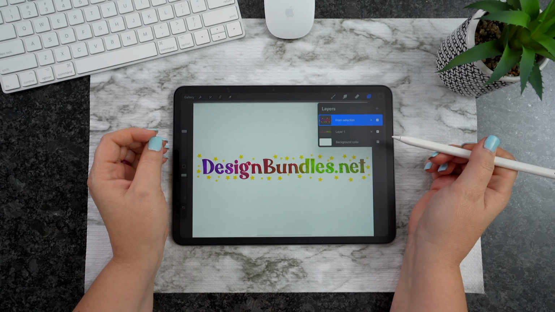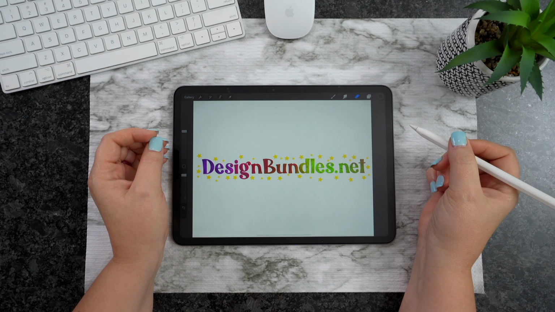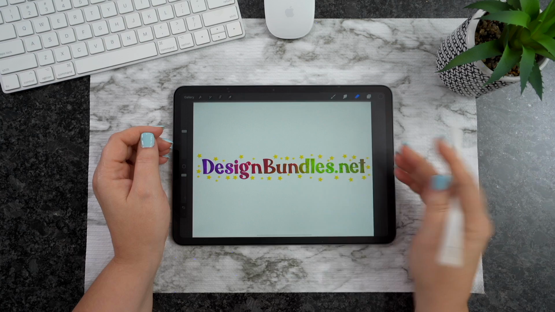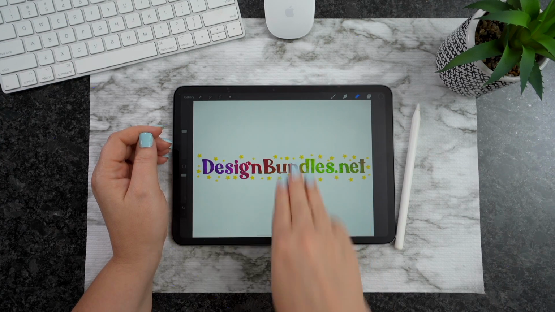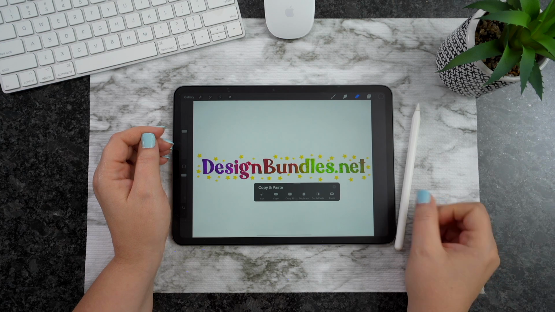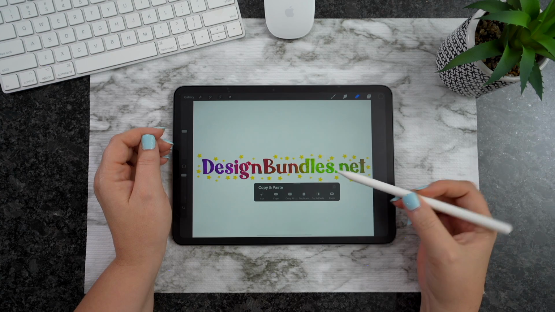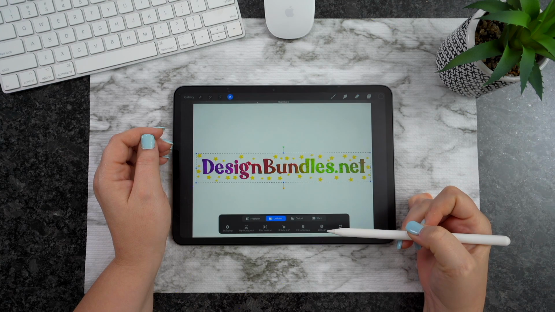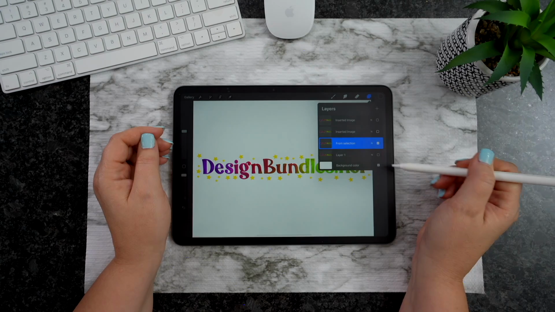Now, I'm going to show you another trick here really quickly. To access your copy and paste very quickly, all you need to do is take 3 fingers and swipe down. So we're going to set our pen down really quickly. You just need your fingers for this one. You're going to take 3 fingers, swipe down, and you're going to get that copy and paste menu. You're even going to see the word duplicate there. If you hit duplicate, it's going to bring up your selector tool. So we'll go ahead and click that here, and as you guys can see, it brings up our selector tool just like so.